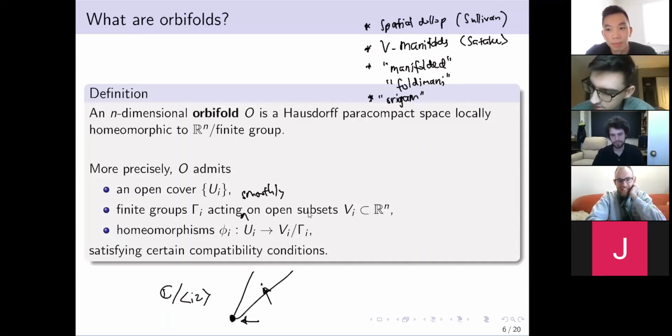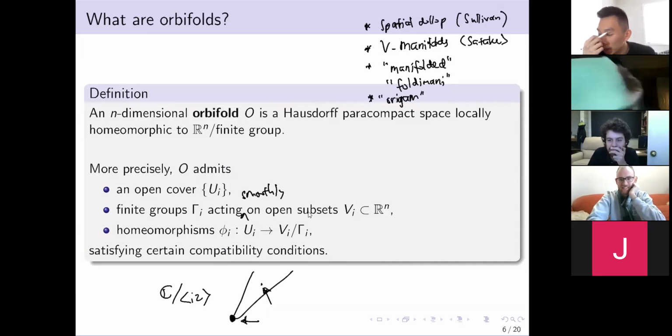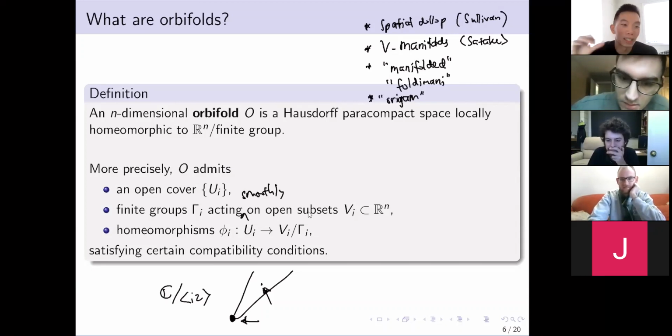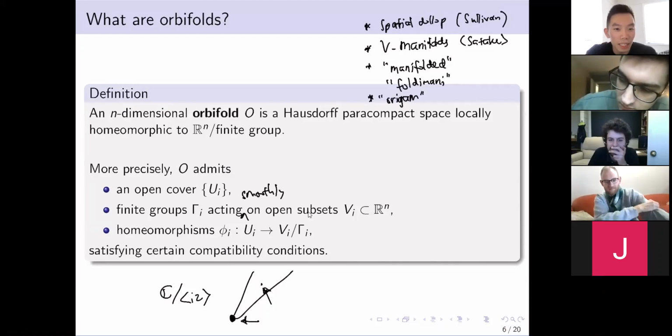Is this anecdote in a paper somewhere? Where did you find this? This is in Thurston's paper, actually. Everything I'm going to talk about is based on Thurston's paper, something about the geometry and topology of three-manifolds, chapter 13. We talked about all these orbifolds, and there was one big comment that says everything about these terms and the history behind it. So for those of you who are curious, I would recommend you check it out. Anyway, I'm going to move on.